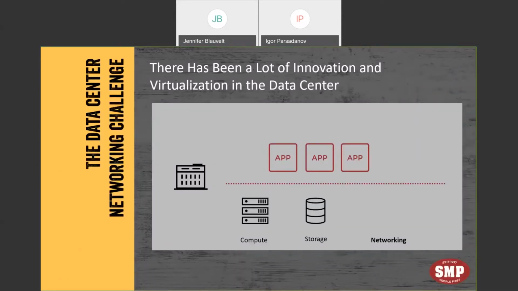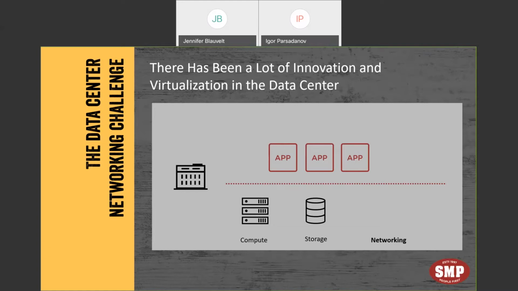There's been a lot of innovation in virtualization in the data center. Our three basic building blocks of data centers are the storage, the network, and the compute on which you run your applications, right? We've seen a lot of innovation in the compute space first. More than 15 years ago, VMware came out with virtualization, ESX, the ability to virtualize our compute hardware and run many workloads on a piece of hardware.